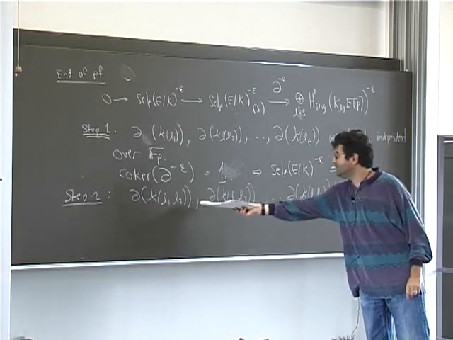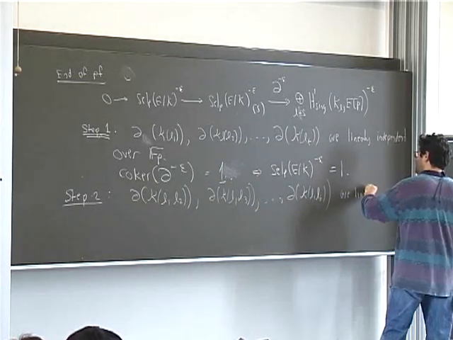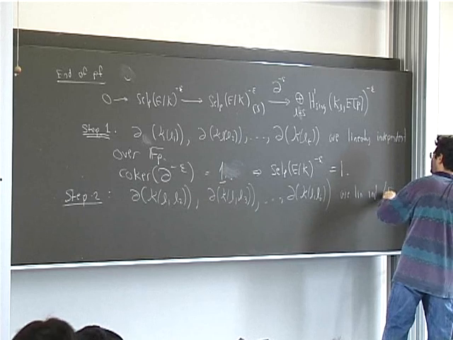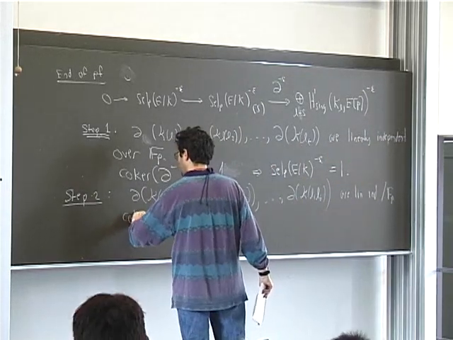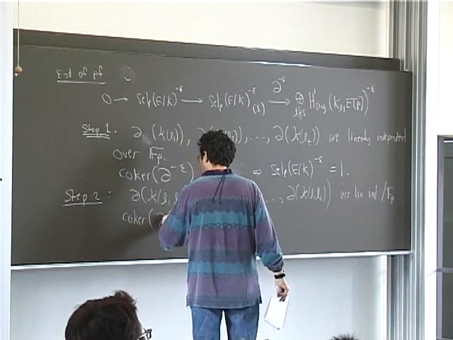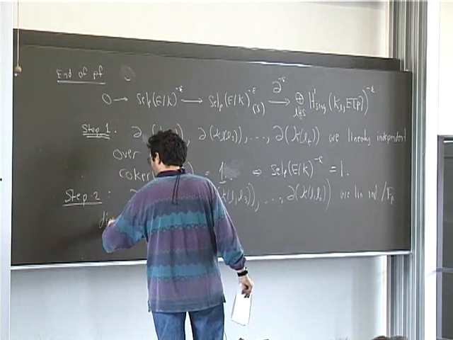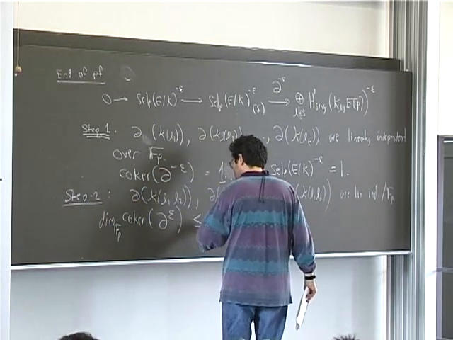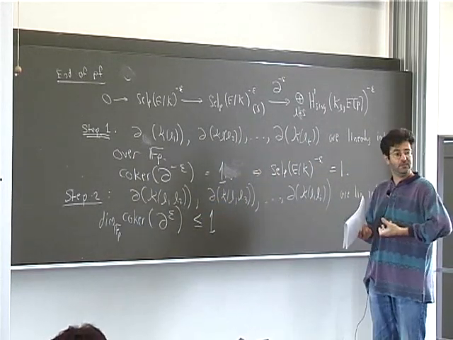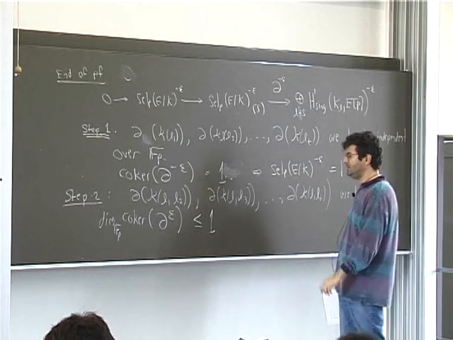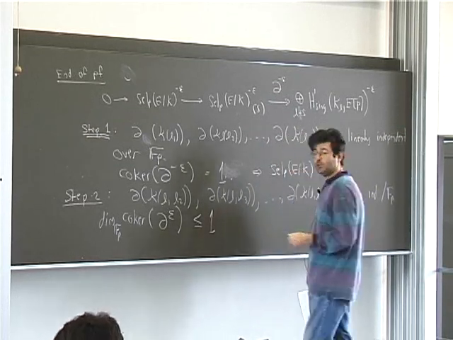That's what controls the image of these things under the residue maps. So these are linearly independent over F_p. And so that means that the co-kernel of the restriction of the residue map to the epsilon eigenspace has dimension over F_p at most 1. Because I have this T-dimensional space, I have T minus 1 explicit linearly independent elements that I've constructed in there. So the dimension is at most 1,